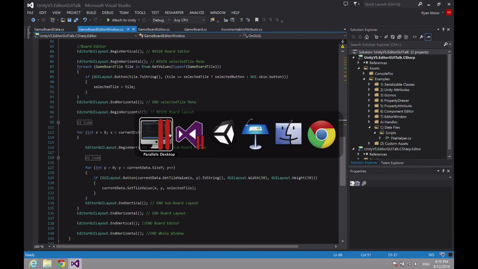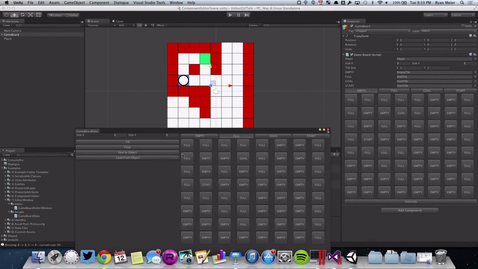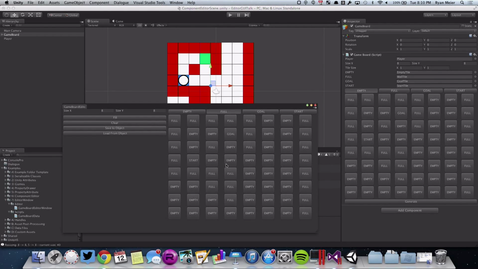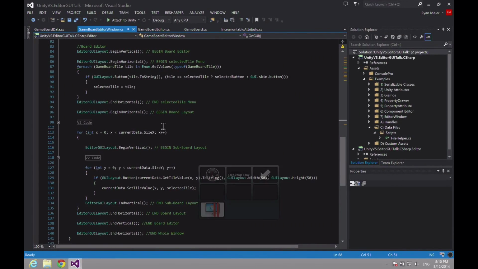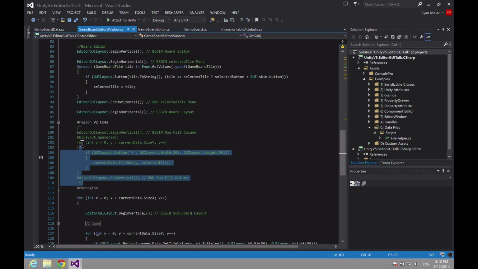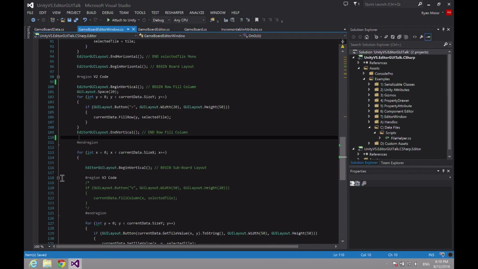And then I think the editor code over here is pretty much identical to what we saw before. Again, it's just a new vertical block with all the stuff we did before in it. So one or two other cool little features that we can add in here are, if I uncomment this, so the fill and clear are nifty, but I think a lot of times when you're making walls, you might want to do a whole row or